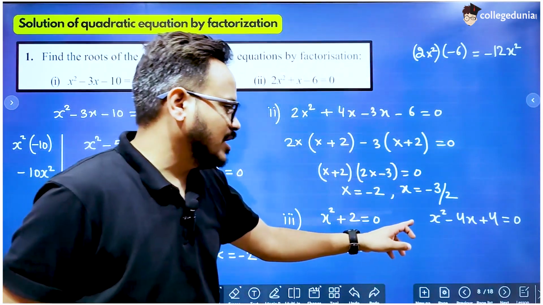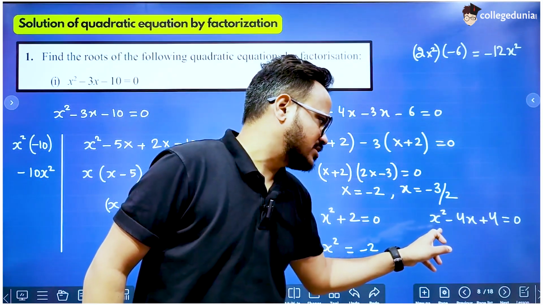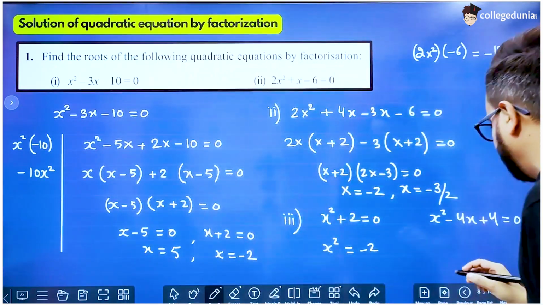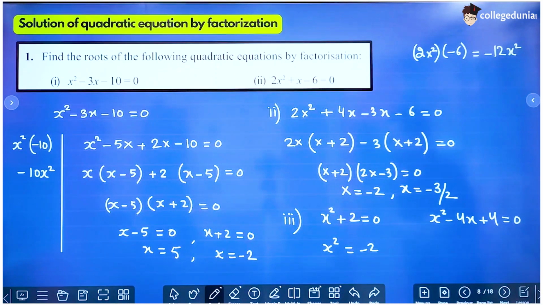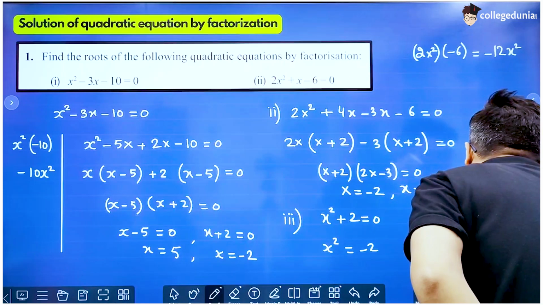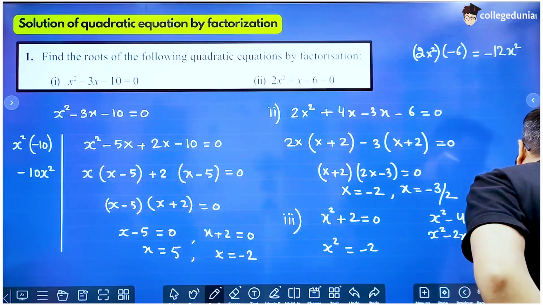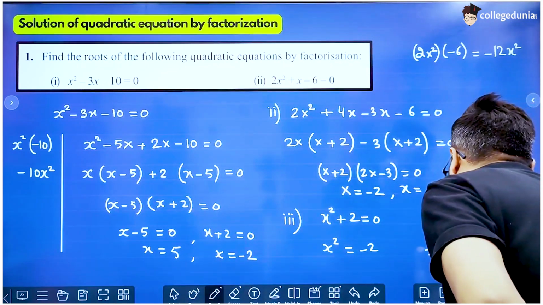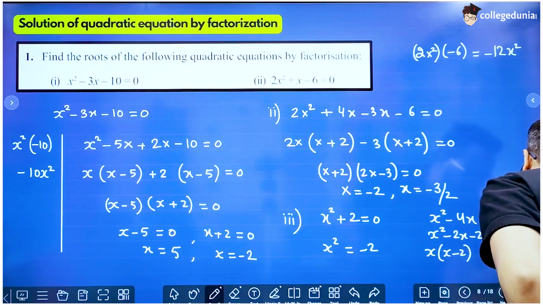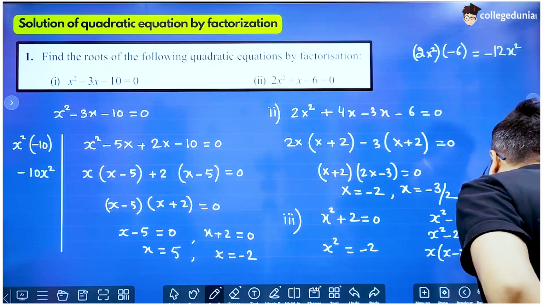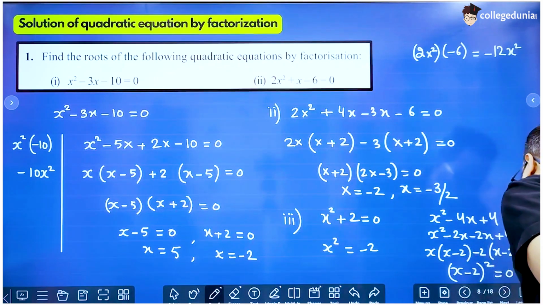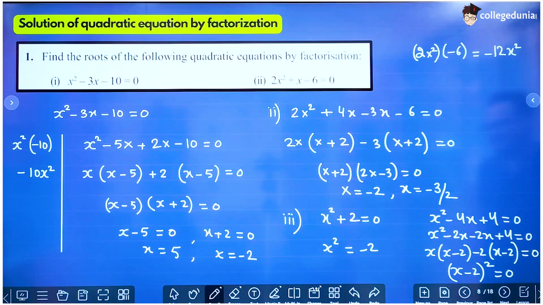And if I take another equation, now let's solve it. If you multiply the first and third term, you will get 4x square, and the middle term is minus 4x. So let's split the middle term so that the sum is minus 4x and the product is 4x square. So x square minus 2x plus 4 equal to 0. Take x common, x minus 2, equal to 0 minus 2. So this is x minus 2 whole square. Now both of them will give you the same answer, x equal to 2.